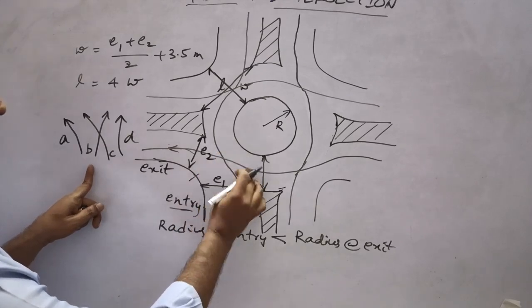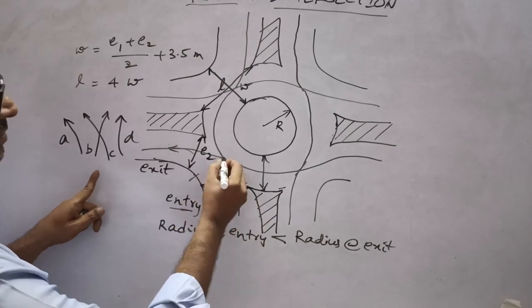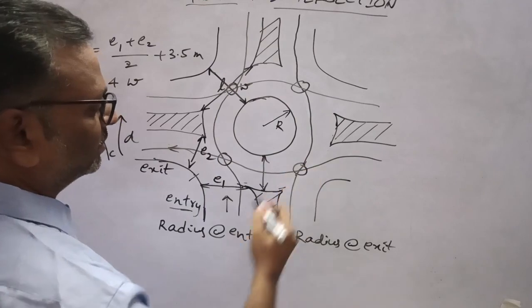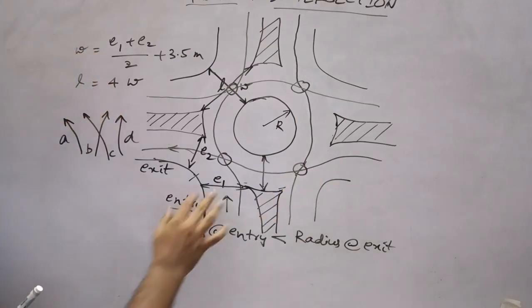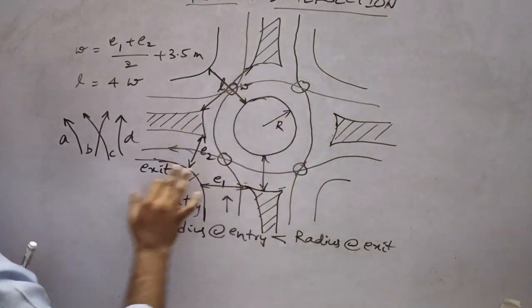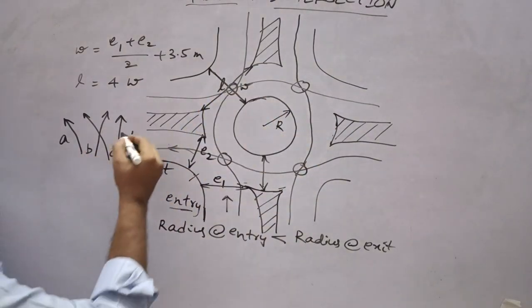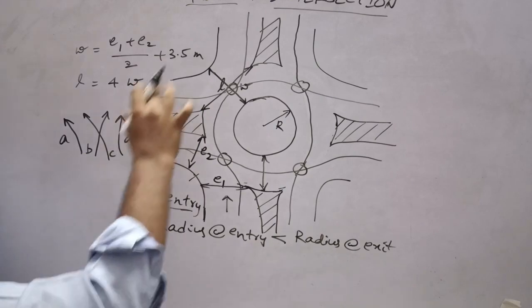Here we have weaving section, and we have conflicts here. See here, here, here and here. So we have 4 weaving sections, and now these are the terms that will be used while calculating the